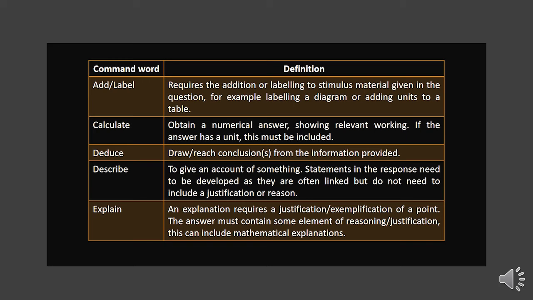Here you cannot state the same thing again, like size and color and so on. If so, your answer will be wrong. You need to explain the chemical or enzymatic reaction that caused this mango to ripen. So now you understand the difference between describe and explain. Okay, so I hope you have some idea about these command words, because, as I said, these command words are very important from an exam point of view. Next we'll be seeing about